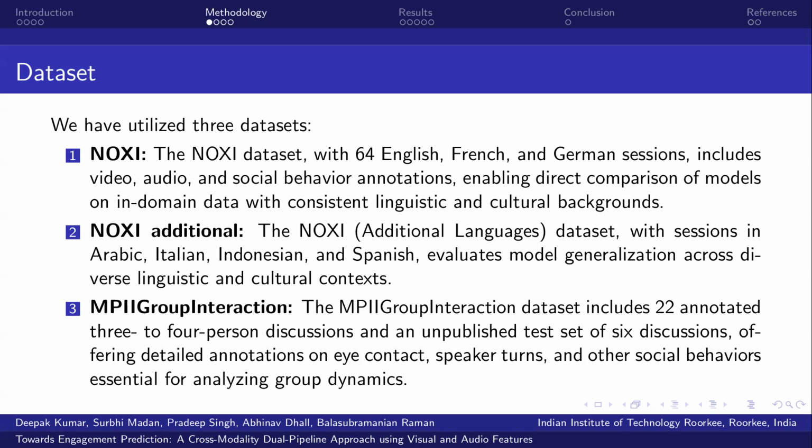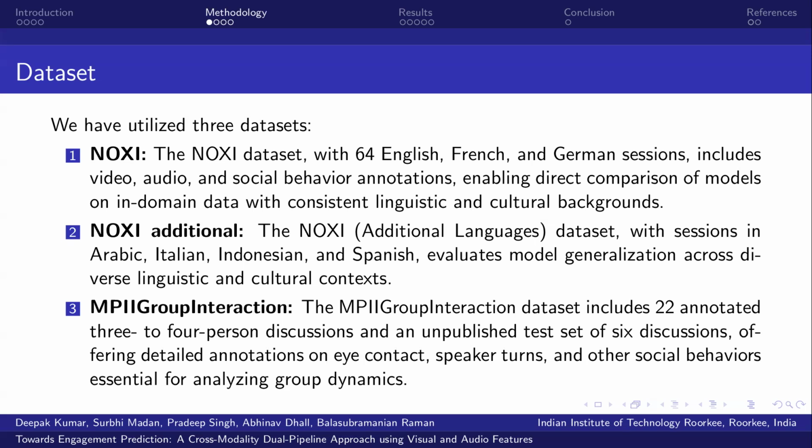It serves as a benchmark for comparing in-domain model performances across MultiMediate 23 and MultiMediate 24 submissions. NOXI additional languages extends this with sessions in Arabic, Italian, Indonesian, and Spanish, testing the model's ability to generalize across different linguistic and cultural contexts,